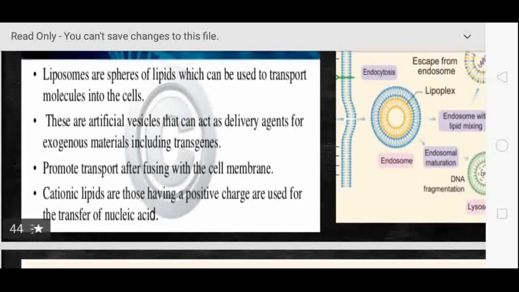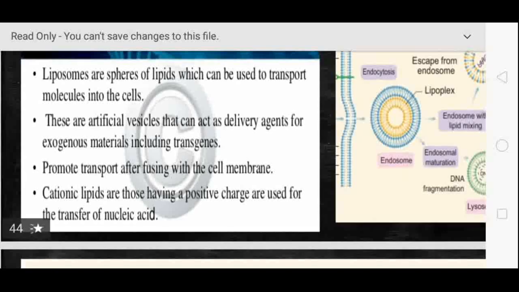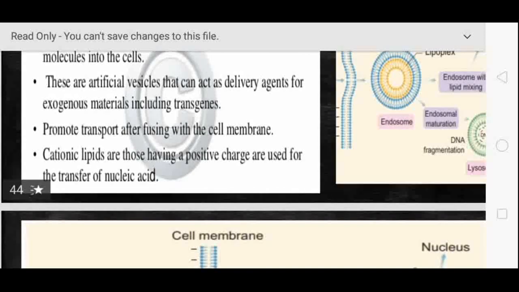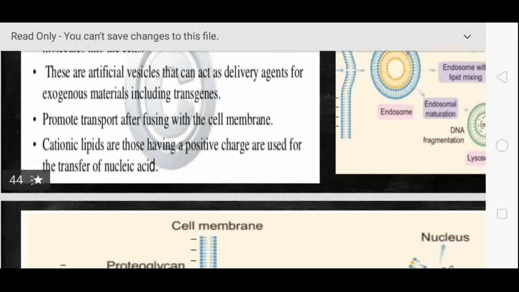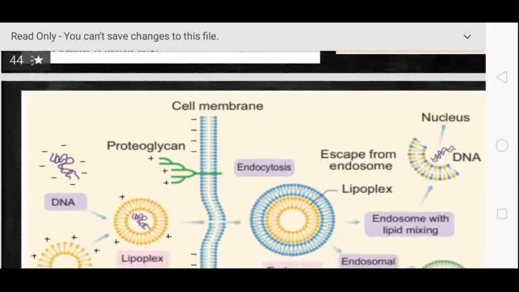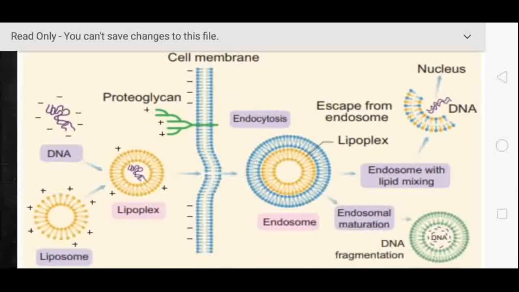Again, I am recalling those points. It is a lipid made up of molecules helpful to transfer molecules into plant cells. I already said it is an artificial membrane helpful for delivering our gene of interest into the target cells. It is essential for delivering into the cell with the help of the plasma membrane. It can create charged particles helpful for transferring the molecules. So this is the overall view of liposome mediated transfer.